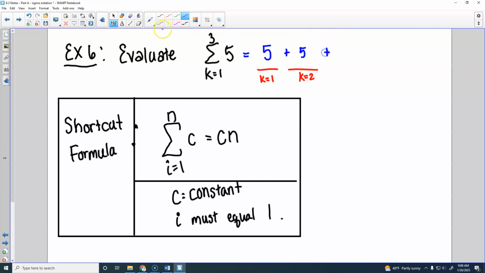And then whenever k equals 3, I still get 5 right here, right? So 5 plus 5 plus 5 is going to give us 15. So a shortcut for this, and